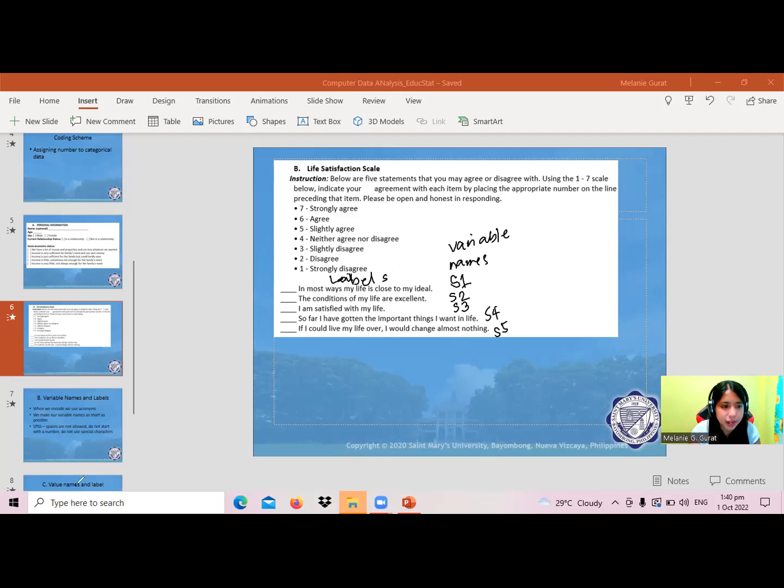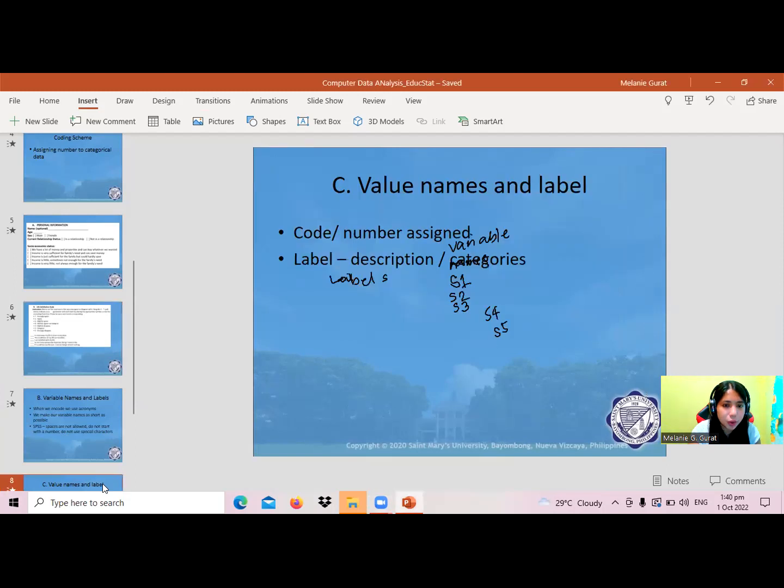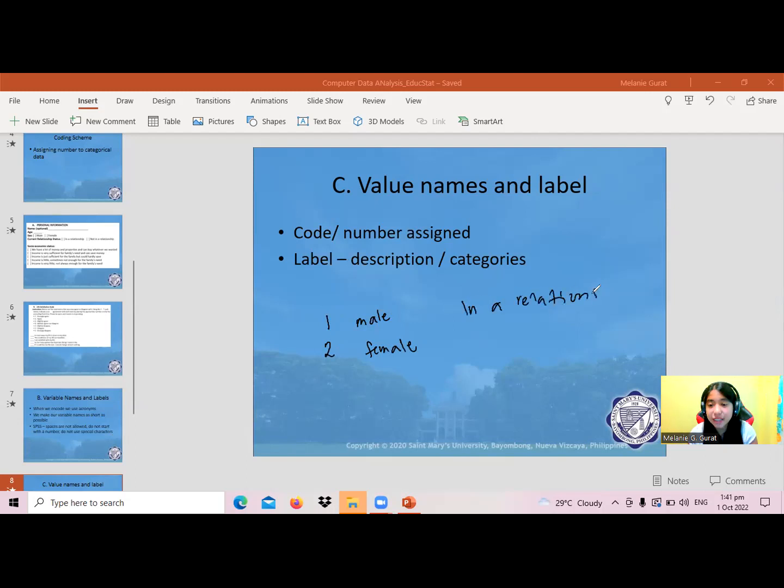Okay, so let's proceed to letter C. Now, what is value name and label? This is actually similar to our coding scheme, except that we are naming the codes or the numbers assigned as the value names. And the label now corresponds to the descriptions or categories. Now, going back again to our same profile variables, for example, let's say that the 1 and 2 are assigned to the categories male and female. And then let's say in a relationship and not in a relationship, assigned to